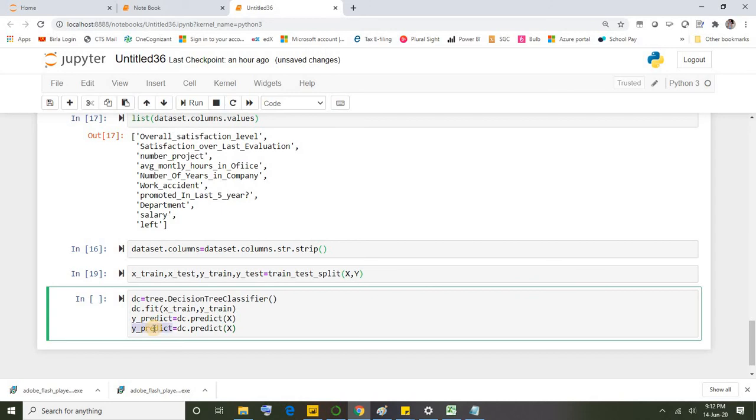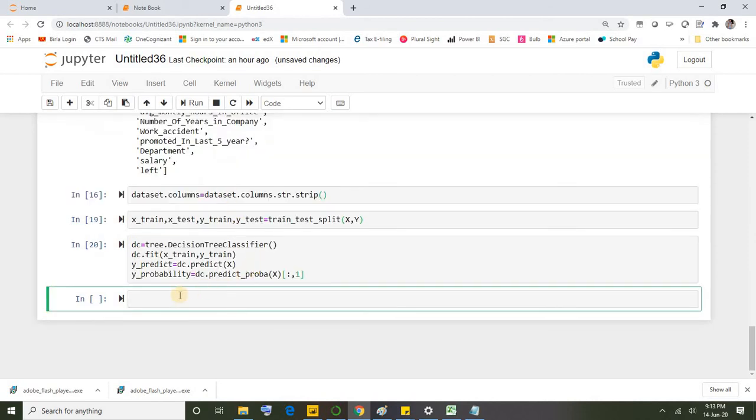Then y probability equal to, I'm gonna create one more variable for probability. All done. Let me execute. Okay, it's been executed.